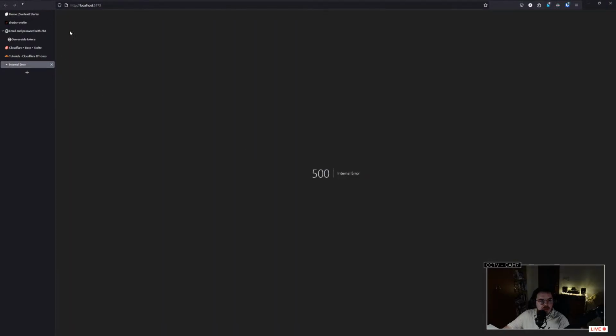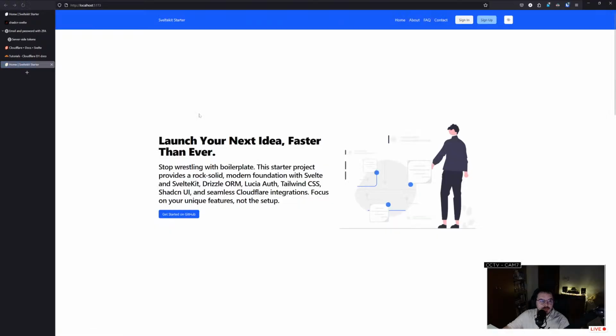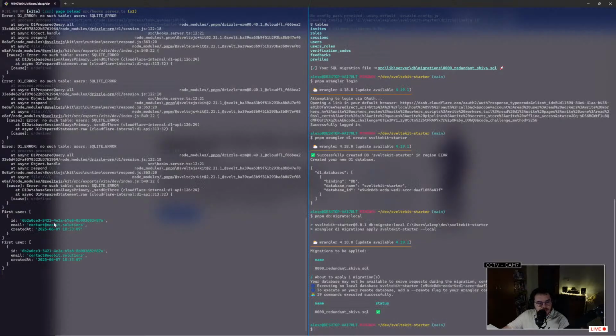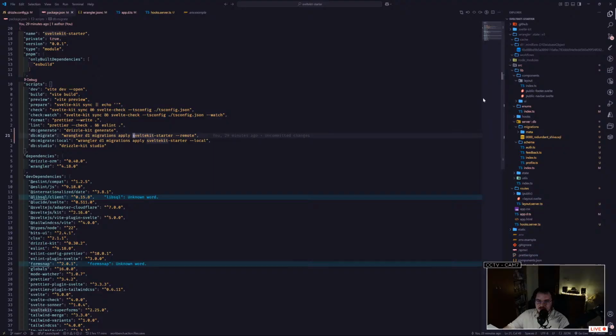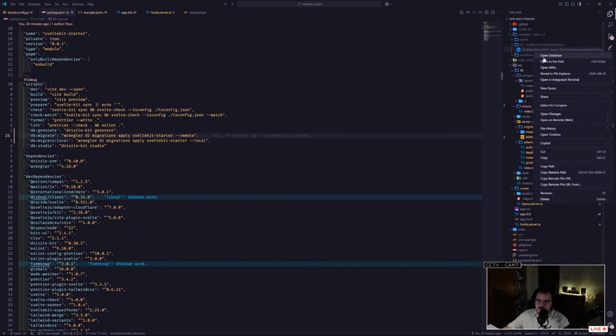And now if I refresh, after a bit of thinking, everything will be working. And you can see that after my migration was run, in which we also have a seed phase, we actually have our user here, which is really nice. Now with this,